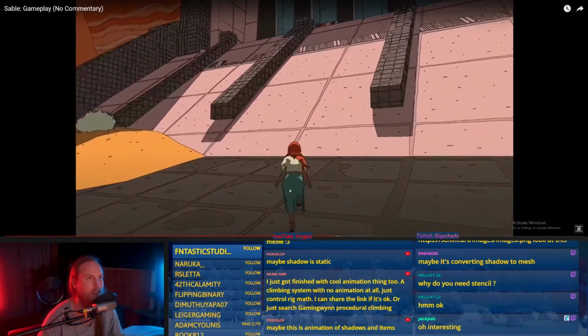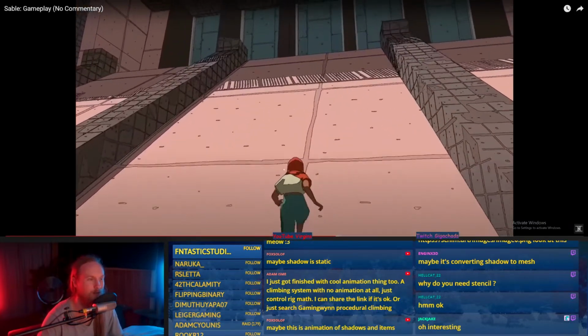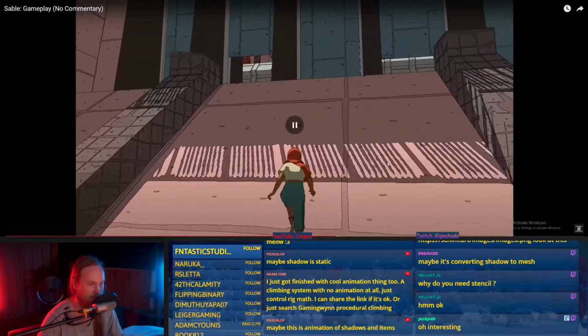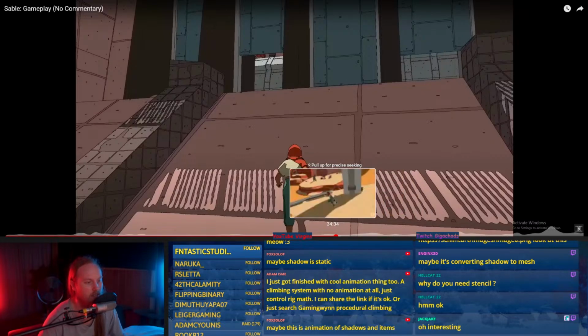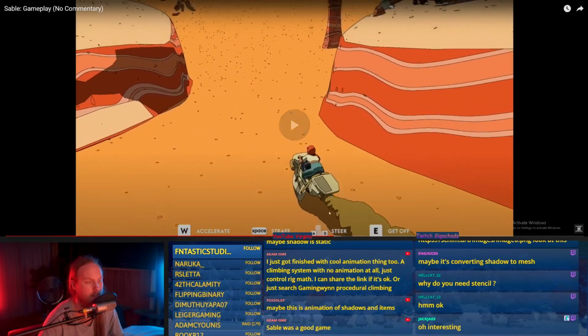Animations at different frame rate to the game. Looks good. So the shadows have an edge detection, and the whole edge detection post-process is just a contrast detection.